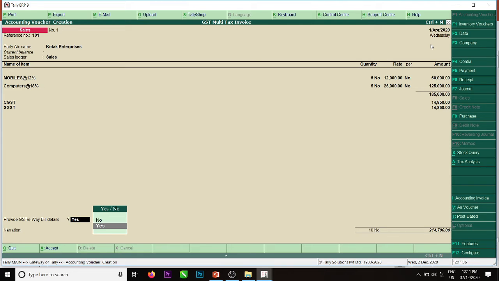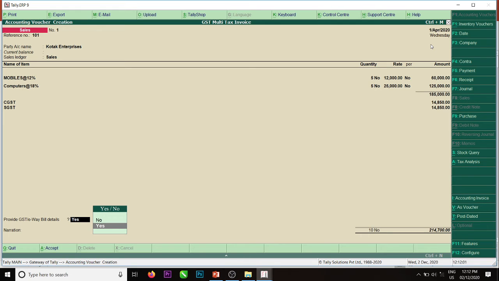So see here, provide GST e-way bill details. Whenever I enter this, this will go to the e-way bill website. Automatically it will generate it. That e-way bill is available with all the transport departments, and at the check post, this bill will be verified online. So evasion and frauds will be reduced to the maximum.